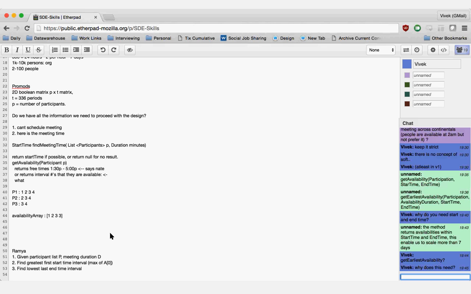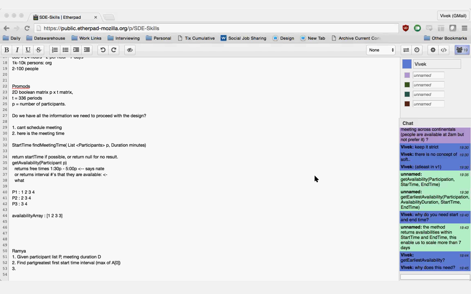Here, Jyoti, I have a thought. To find the earliest possible time, I'll start a loop over the possible times, starting from the earliest, say 9. Then I'll check user 1, if he is available at that time; then I'll check user 2, and keep it in a loop over the number of users.